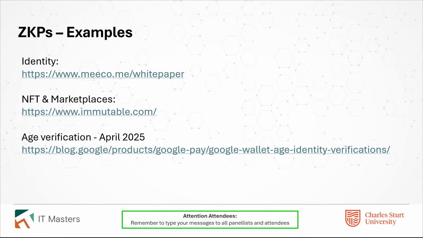That's another Australian company that does NFT marketplaces and some other ZK. I wouldn't say ZK proofs, but other ZK similar stuff. They might do it. I don't know the full range of their products. I'm sure they're very smart people and could do all this anyway. And there was an article I found from Google, who's actually using, and I believe it's just in the UK, Google Wallet to use zero knowledge proofs to prove an age and store that in Google Wallet. There's a very interesting blog article from Google about how they're rolling that out in the UK.